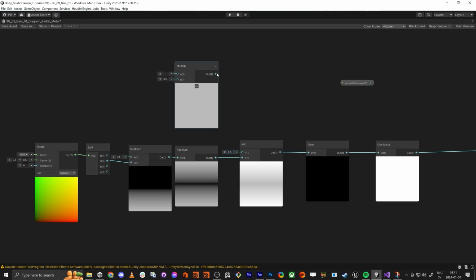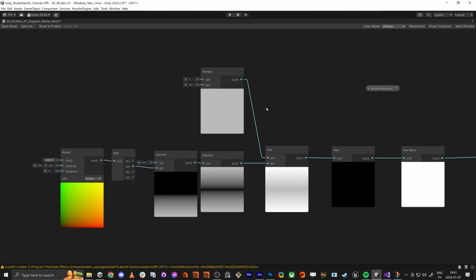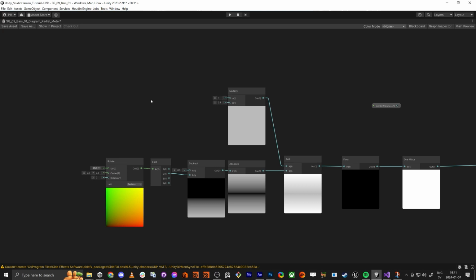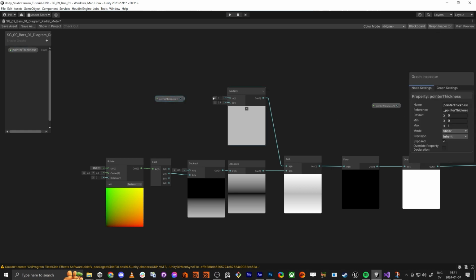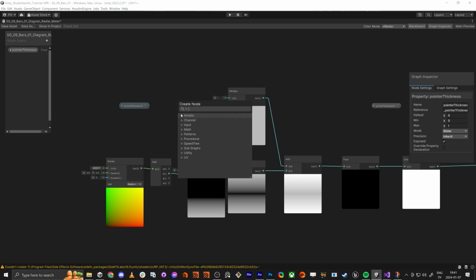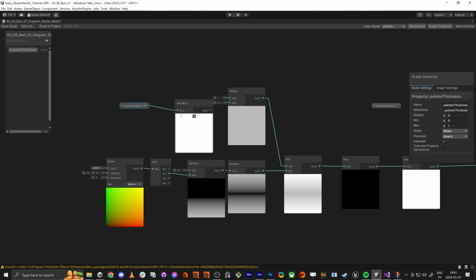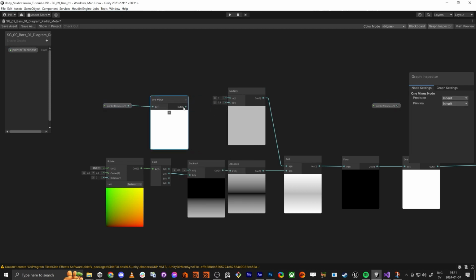And the reason I want to do this is because we did this point thickness, right? And it's 0 to 1. So if we do 1 minus on this one and add it into here, if I now increase this one,